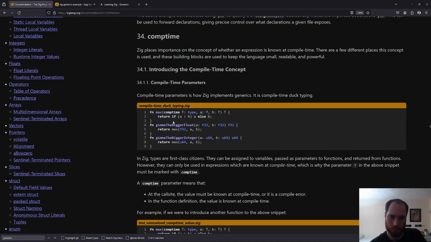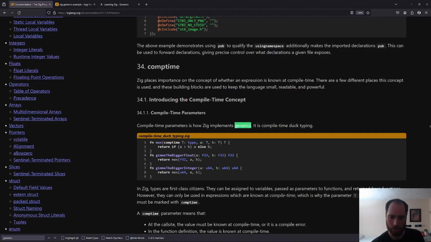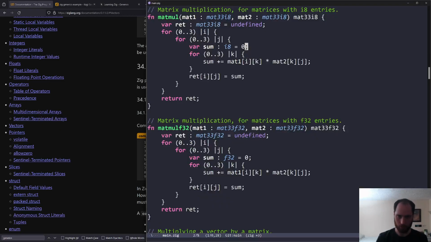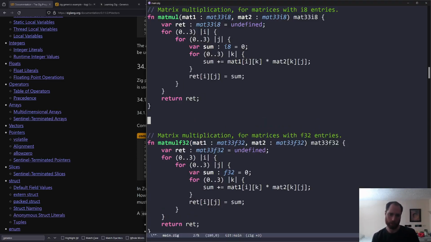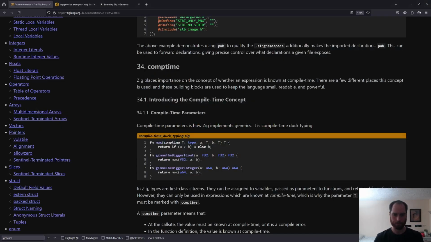Okay, so you can just define a max function like this. And in this case, we say comptime T, because you have to know types at compile time, and then let's try and write a generic version of this. So we want to say matrix multiply T, comptime T,